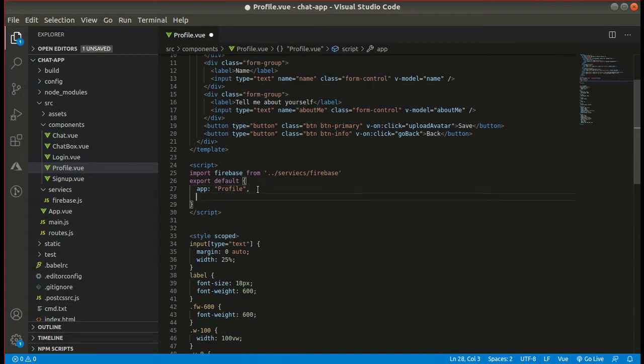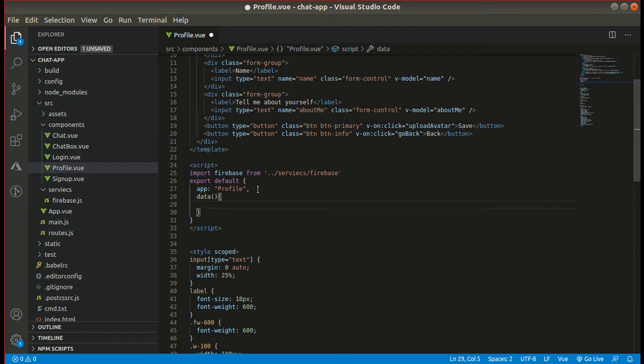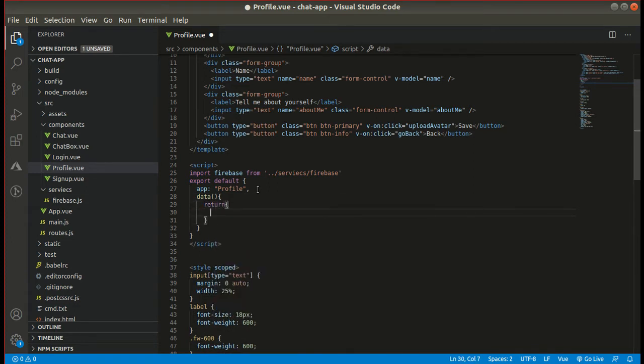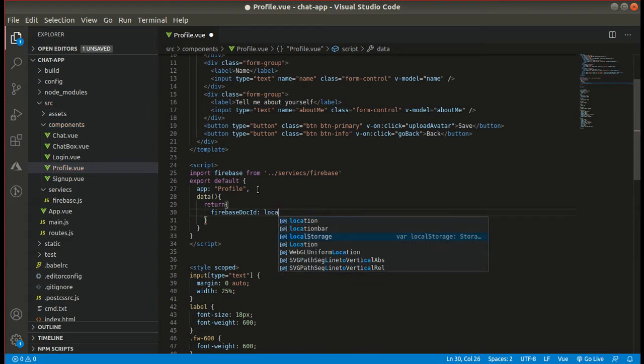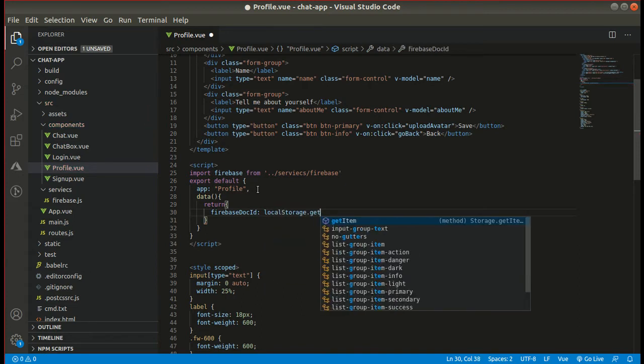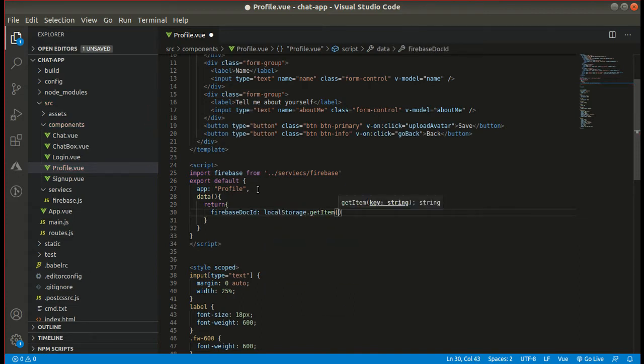So let's create our state. We need the Firebase document ID, we need ID, we need name, we also need description.